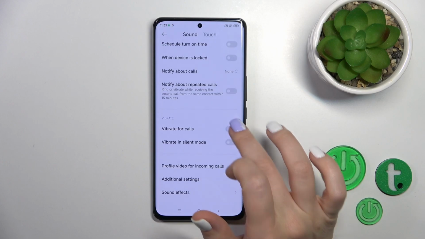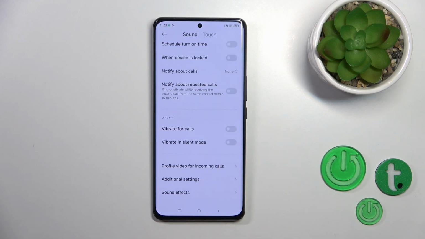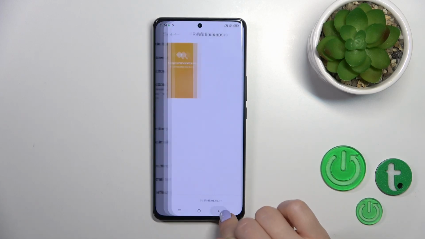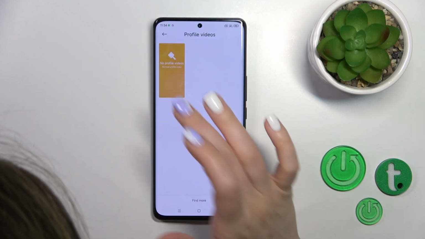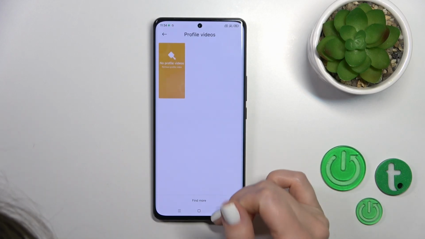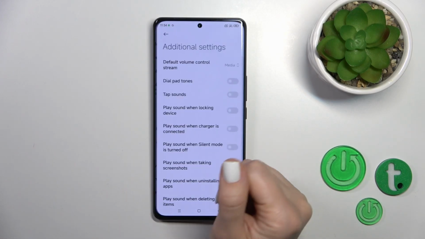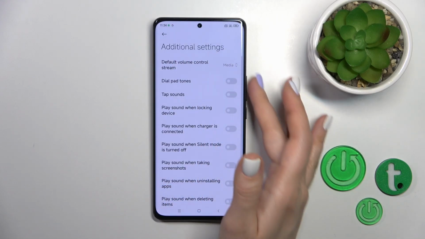Also, we could change the vibration to activate or turn off vibration for calls and vibration in silent mode. In profile videos for incoming calls section. Unfortunately, I have not here any videos, so in additional settings we could change the default volume button controls,